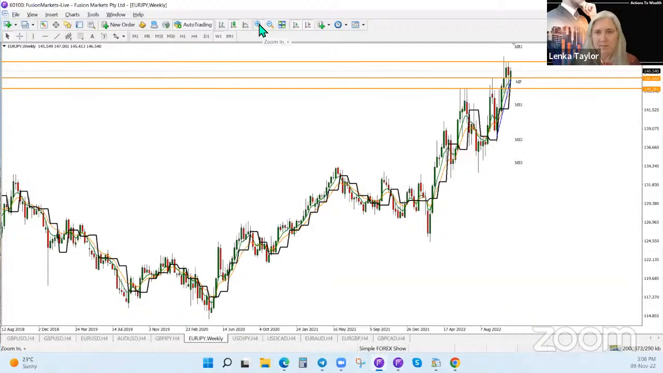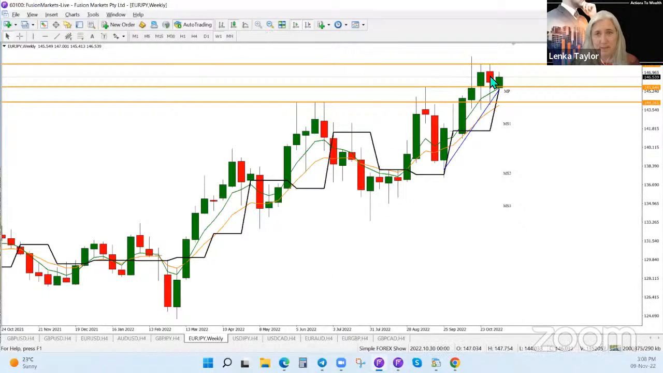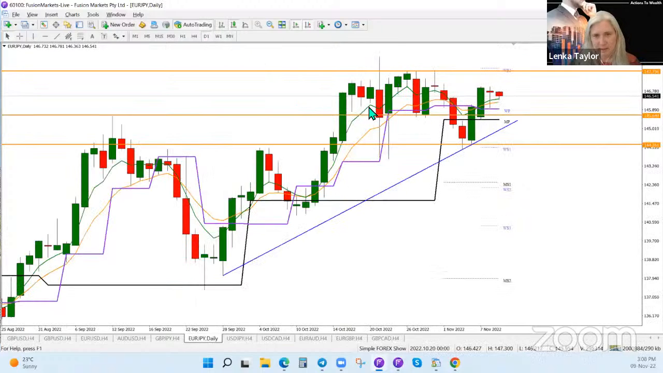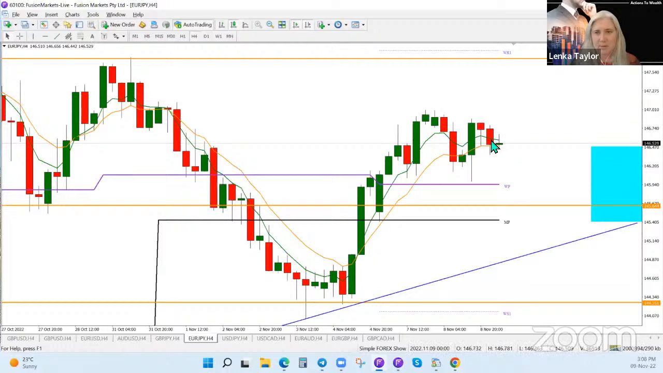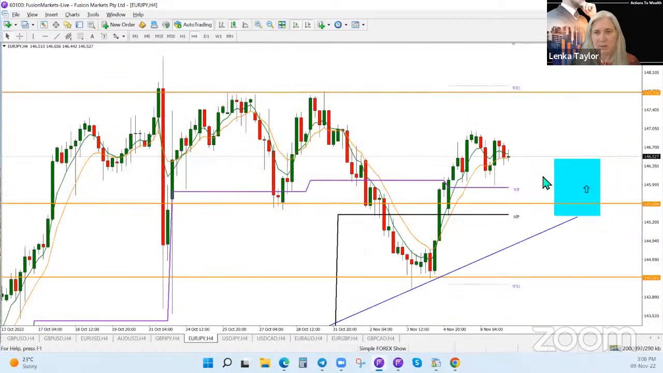Here on the weekly, we have indecision, so just price action going sideways. On the daily, again, pretty much indecision in this area. So looking to see if it does pull back and stay above the weekly pivot, in which case we would be looking for long. If it does come back in between that weekly pivot and monthly pivot and starts to range, then possibly it's going to go sideways,